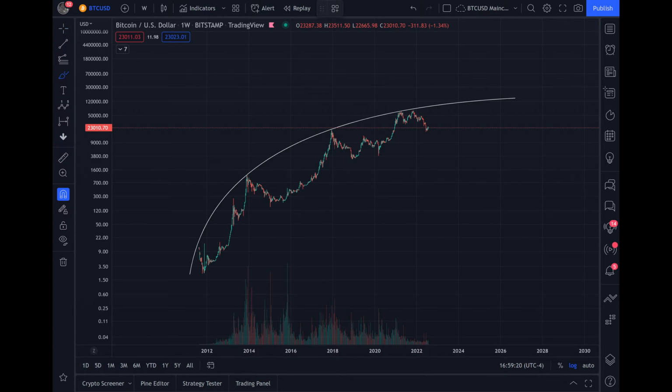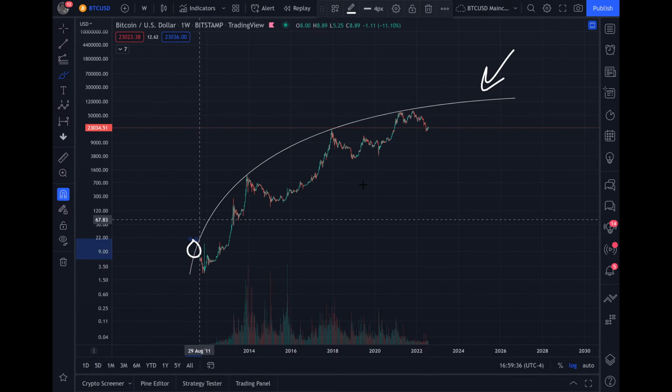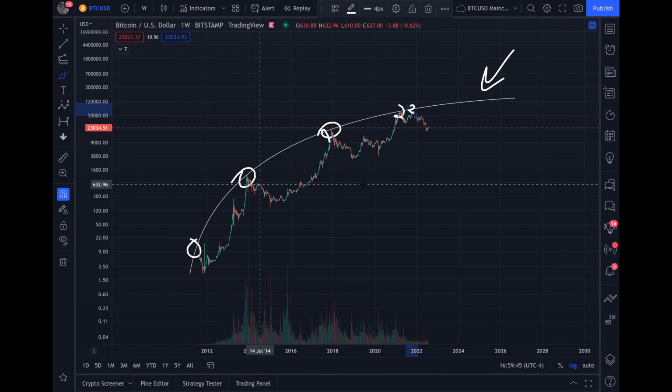The first thing you notice is that we've got this line, which is called a parabola, okay? Anything that goes and it's not straight and it moves kind of in a curve. I don't know the technical definition, but it's a parabola. You guys all know what a parabola is, okay? And then I've connected this parabola at these vertices, okay? Every single one of these points was Bitcoin topping out, okay? It topped out here, down in